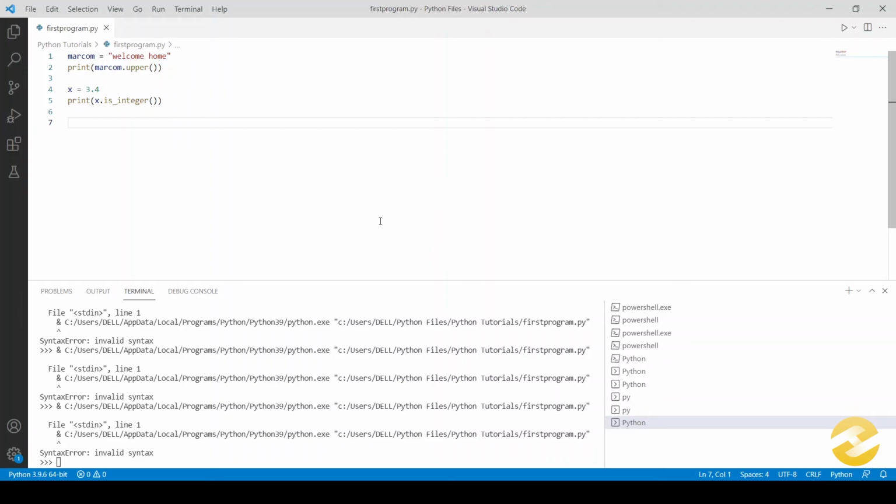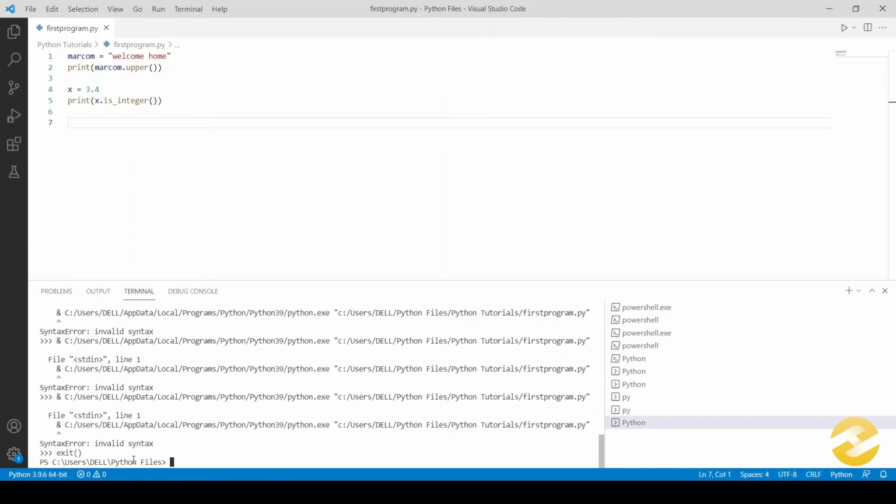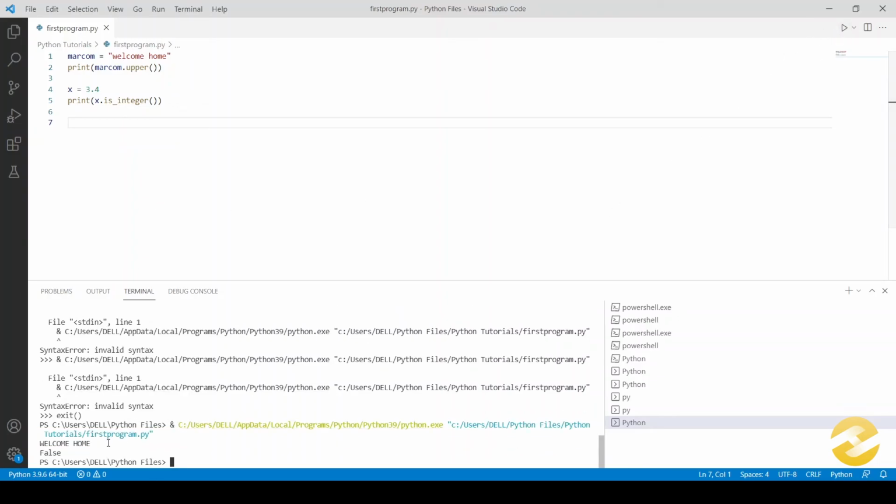Okay, so we are having this problem most likely because we are inside the Python shell and we need to come out of it. So let me just press exit. This is probably the reason why. Okay, so now we are outside, and now if we execute this, most likely this should work. Yes, as expected, it is there, and you can see that the outcome is false. Now, the same thing you could have executed within the Python shell itself.